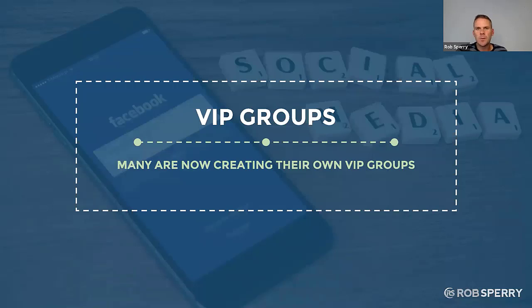So VIP groups would be where, let's say I sign up the newest person, her name is Sally, and I have Sally go create her own Facebook group. I have Sally go invite 25 of her friends to this Facebook group. It's an example. It could be 15, 30, whatever you want. And then she messages her friends, hey, I just invited you to this Facebook group that I'm starting. So excited, just started this new venture. I'm going to be doing a Facebook Live on Tuesday at 6 p.m. I'd love for you to support me. I'm super nervous about doing a Facebook Live, for sharing everything I'm excited about.